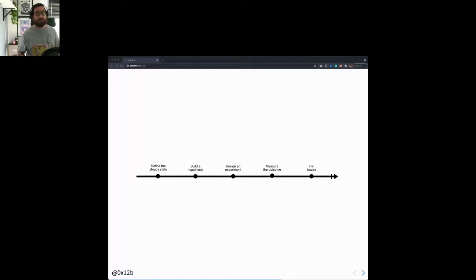And last up, now that we've built our hypotheses and designed an experiment and measured the outcome of it, we need to make sure that we address any issues that we find as part of the experiments. And until this is done, there's really no reason to run any more experiments on that service or that system, because we already know that it's broken. So now we need to take some time to put in some effort to make the systems not as susceptible to that failure as they were when we did the experiment. And once we've done that and strengthened the reliability of our system, then we just repeat the process all over again.